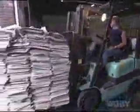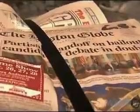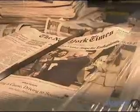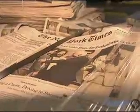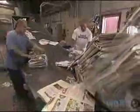We collect newspapers from towns, churches, the Scouts. We also get a good amount of newspaper from the newspapers themselves. Everybody prints more newspapers than they sell, and so when those are returned to the newspaper, we buy those newspapers from them. That newspaper is brought here to National Fiber, and we feed it on a conveyor that takes it